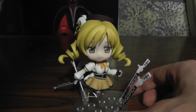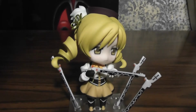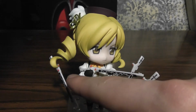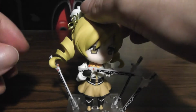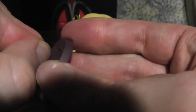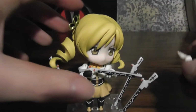And then other than that, I guess I can show you a couple other slight variations on this as well. You can also display her like this, holding her musket in 2 hands instead of 1, just using the bent arms to do so. And then also, like I was saying before, you can use this hand with the peg in it to hold her hat. I don't seem to be able to get the peg to go in all the way, but then just use one of these arms and